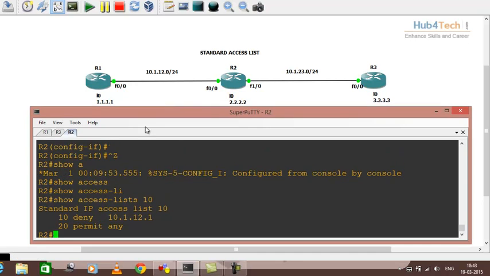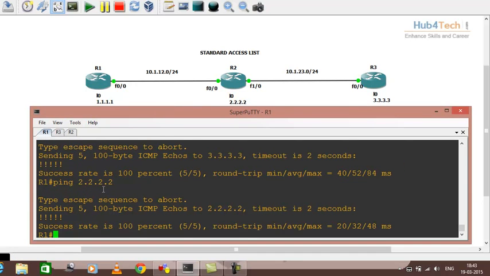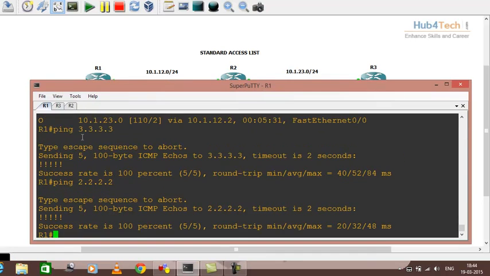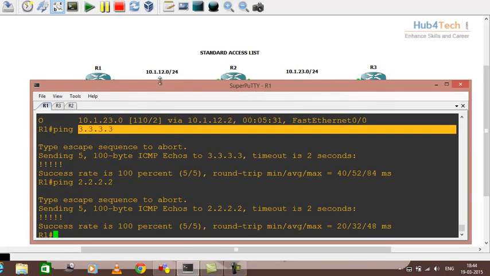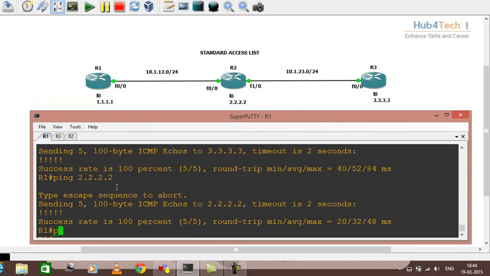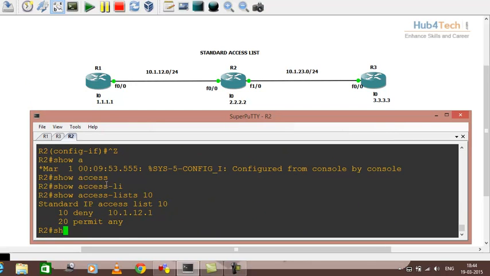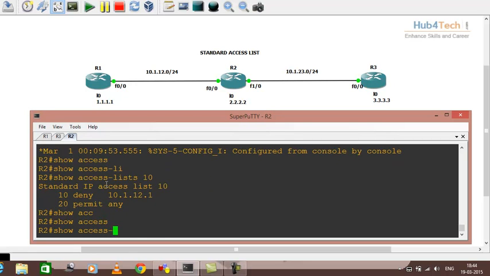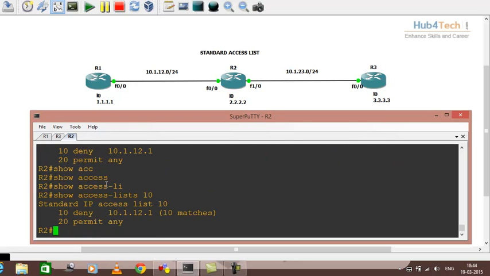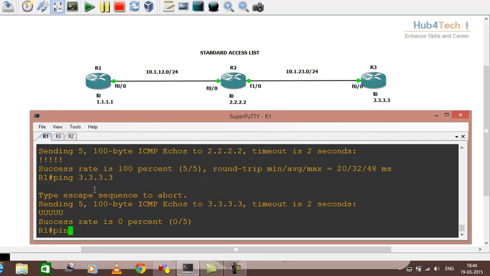So now if you go on R1, last time you could ping 3.3.3.3, but now if I try to ping, it says it's unreachable, right? Because now it's hitting this access list. See, it's deny, so it's a match, right? Again if you ping